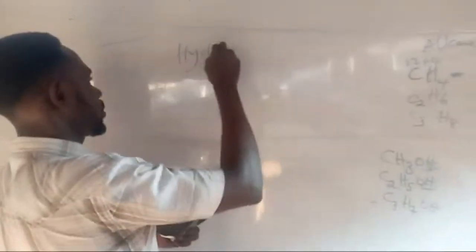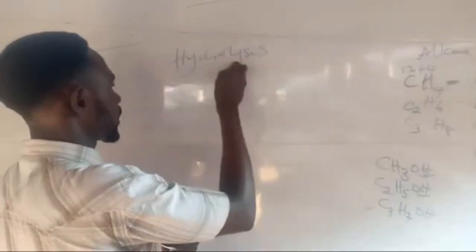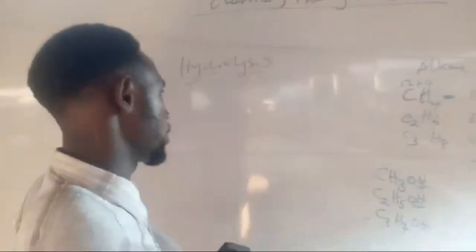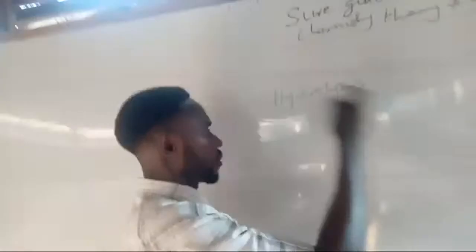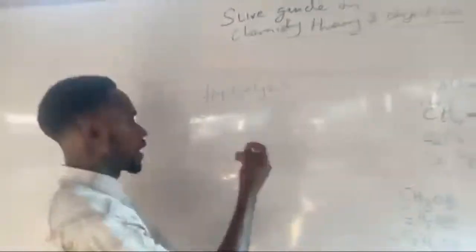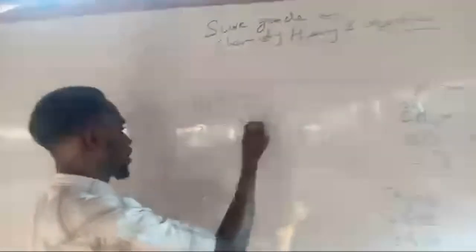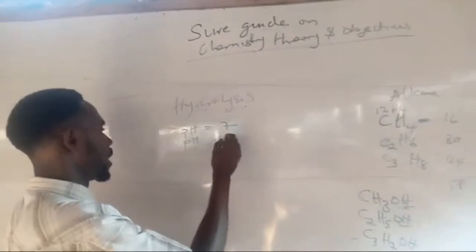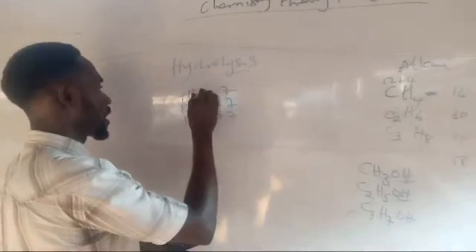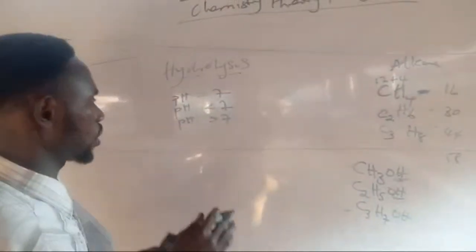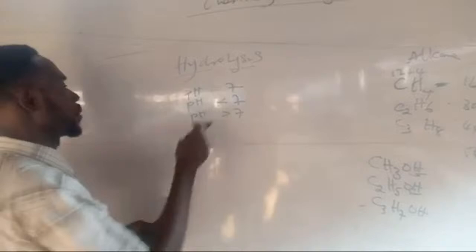Okay. The hydrolysis of salts, salt hydrolysis. So you know hydro, water, lysis, breaking down. Just what happens when salts react with water or when they are dissolved in water. Most often they will ask us which of these salts will dissolve in water to produce a pH equal to 7, pH less than 7, pH greater than 7. The way to answer it is by salt hydrolysis. I've taught you choice of indicator in titration. We will now use that same thing.